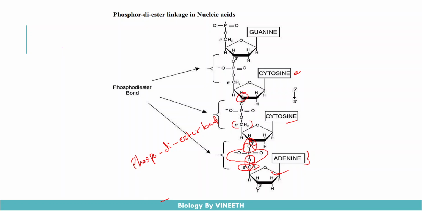It also involves the condensation reaction, eliminates the water molecule during the bond formation and forms an ester bond. Here also we have two ester bonds up and down, so we call these phosphodiester bonds. The entire polynucleotide chain is formed by the phosphodiester linkages, and these generally act as the backbone for the